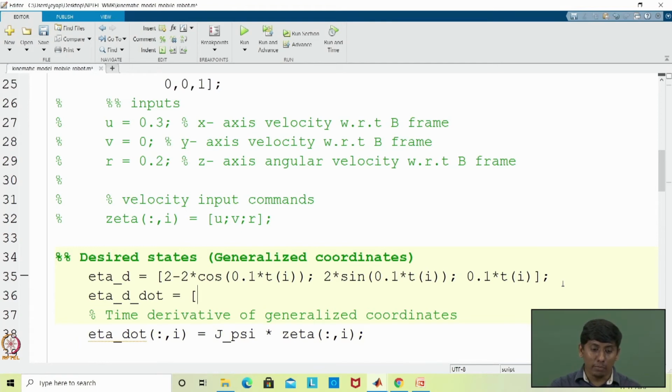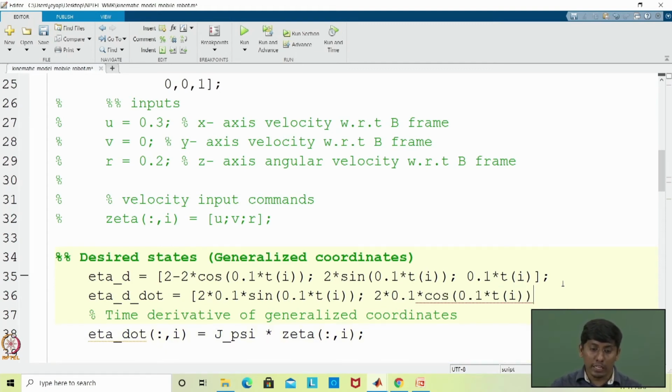If I take the time derivative, this would be 2 into 0.1 into sine of 0.1 times of t. Then it would again be 2 into 0.1 times cos of 0.1 times of t_i.